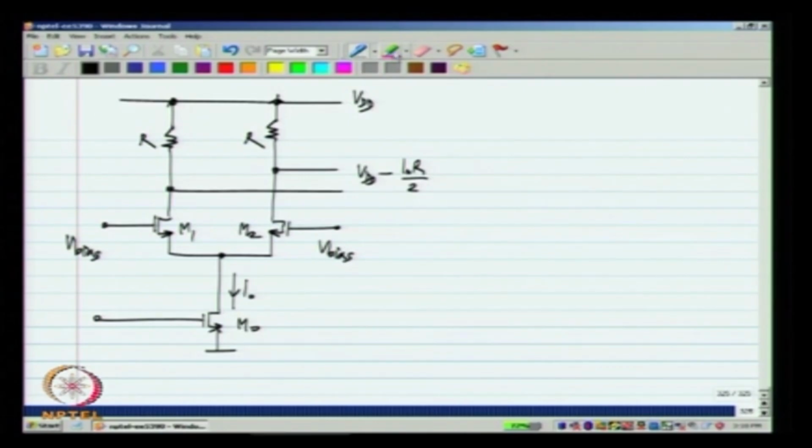Now, there is no problem at all setting the output common mode voltage. It gets set to VDD minus I naught R by 2,